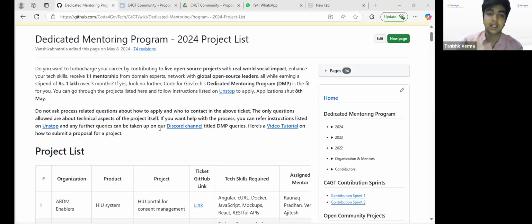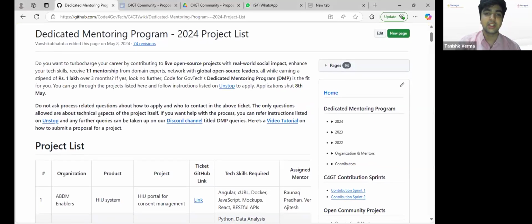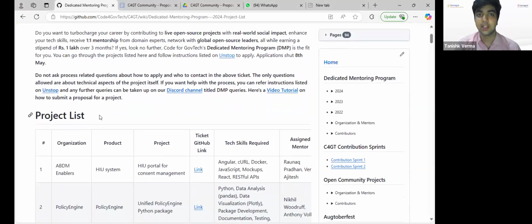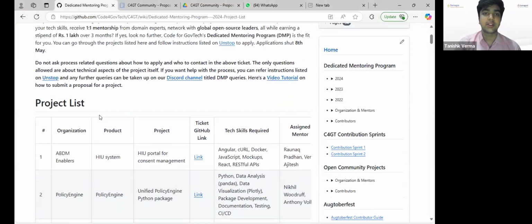And just nudging you on, if you have any active open source contributions in the open repos that Pratham had shared, and if you want to accelerate that process and want to share the proof with us, then we can also connect after this session. So this is the list from last year, and I'll just share this link over chat after this call.